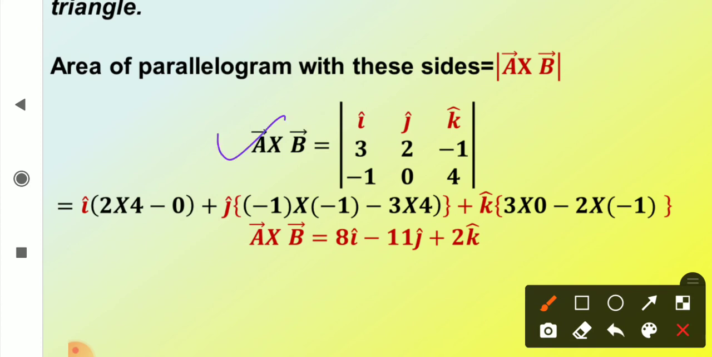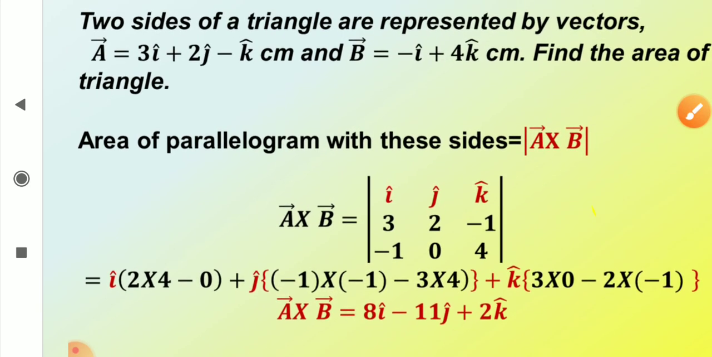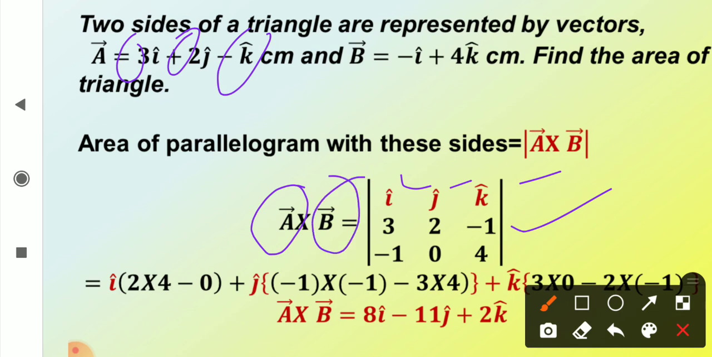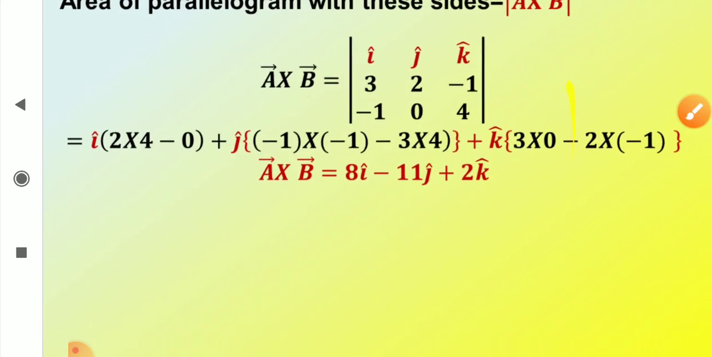So A cross B. Now, first line i, j, k as it is. Second line will be coefficients of A. What are the coefficients of A here? 3, plus 2, minus 1. Third line will be coefficients of B. So here coefficient of i is minus 1. Coefficient of j, we don't have j at all, so it becomes 0, and k is equal to 4. So we have put all the values here, and now